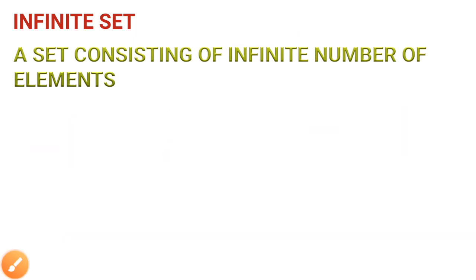The next one, so still now, so we are seeing what? The first one, empty set. The second one, singleton set. The third one, finite set. Fourth one, infinite set. The last one is universal set. Universal set,